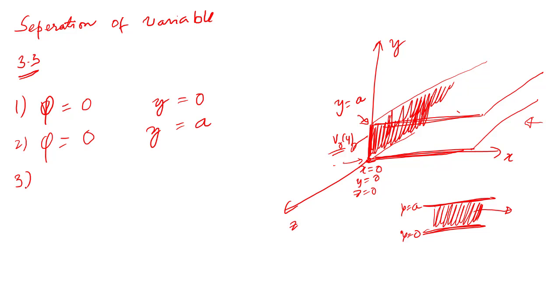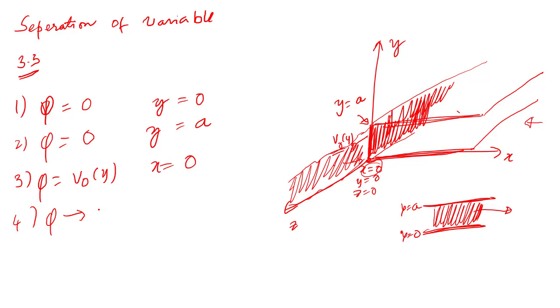So in between that, we have a potential of V0 of y when x is equal to 0. So when x is equal to 0, we have this infinite strip. This infinite strip also runs along the z-axis, right? So at x equal to 0, at the left end, the potential is maintained at V0 of y, and obviously the last condition is that this phi should go to 0 as x goes to infinity,